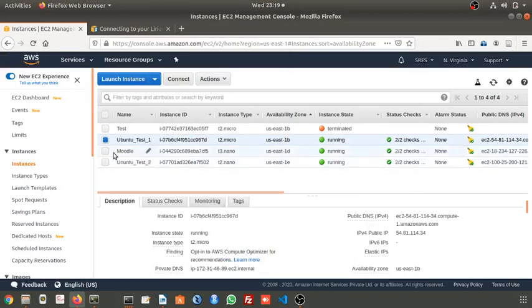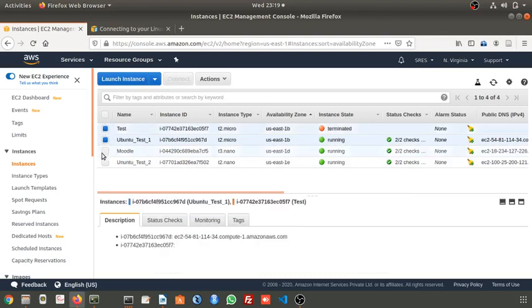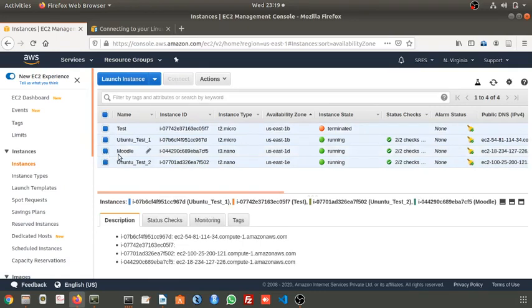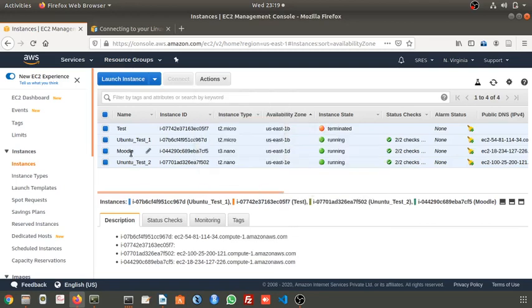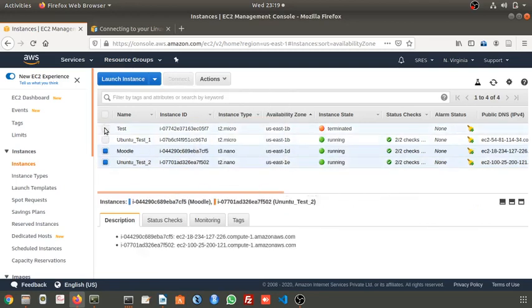Now I am going to terminate these instances. I have selected all of these. Okay, some images are created. Instance State. At a time we cannot terminate everything, so one after the other I will terminate.